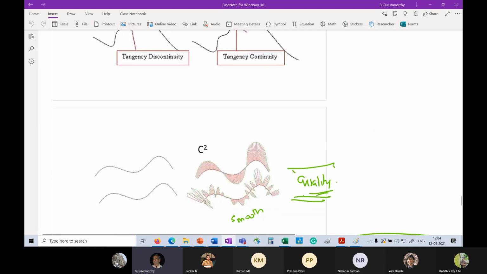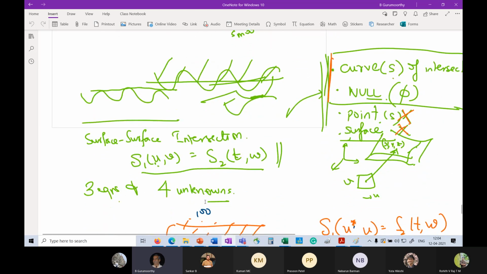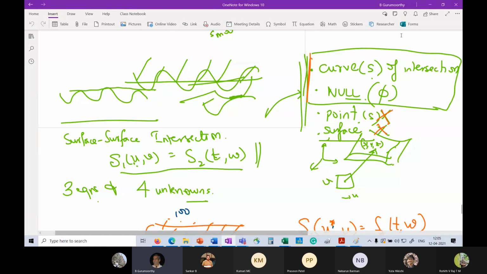Then we looked at one problem, which is the surface intersection problem. And the idea is to find the intersection of two surfaces given. And we highlighted this fact that we have the following four possibilities as the outcome of the intersection, right? I can get a set of curves, I can get no intersection, I can get a point, or I may even get a surface patch because they may be overlapping.